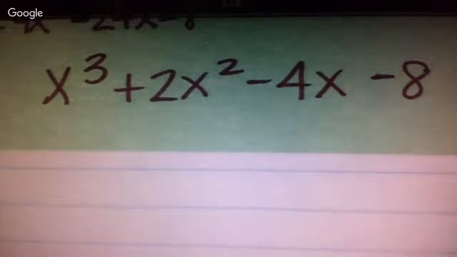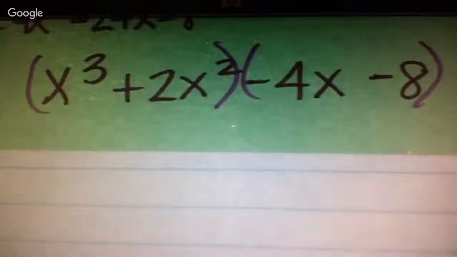Little creeper. All right. So this is the last example I want to do with you. Because sometimes when you factor by grouping, you haven't gone far enough. You're not done factoring. It just so happened that every example on this piece of paper, you were done. This one, you're not going to be done. We're going to have to factor again. Oh, Jesus. Here we go. All right. So,